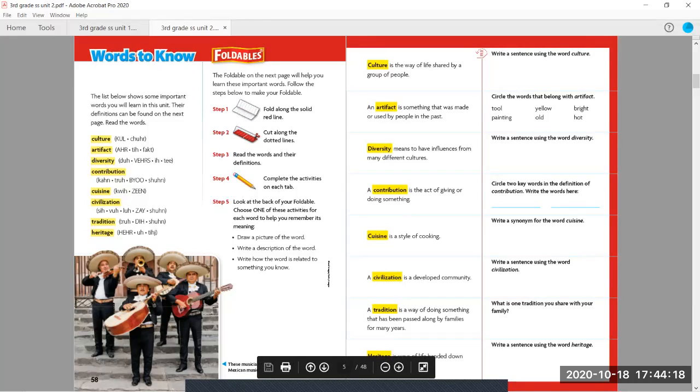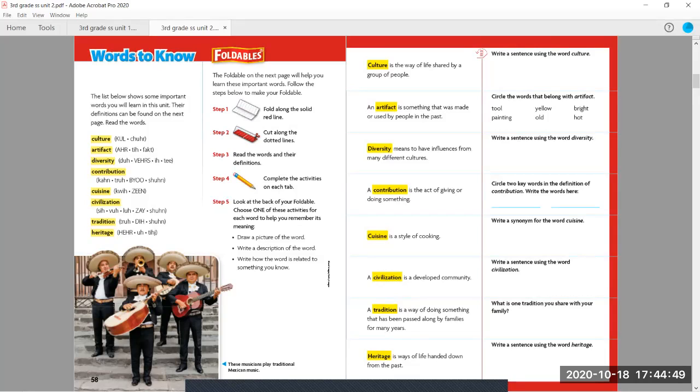Now over here is a section where I noticed that several of you guys are not following the directions properly. So I do want you to pay very close attention as we go through this. So on this side of the page is the definition for your vocabulary words. On this side of the page is where you're going to be using that definition to answer a question or fill in a blank or provide extra information. Please make sure you are reading it and doing only what they asked you to do.